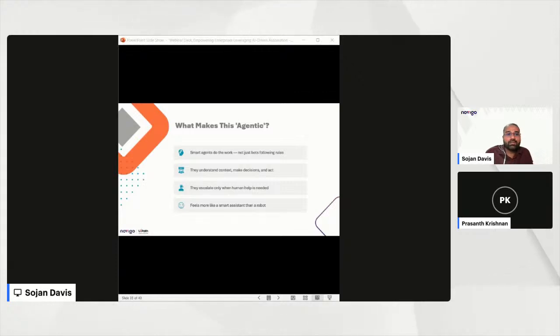The next one is that it understands the context. Yes, definitely. It makes decisions and acts when required for the human user. So here we also have a custom agent that gives support for, let's say, buyer policies. The finance user has to look into many documents to understand what exactly is written for a vendor.